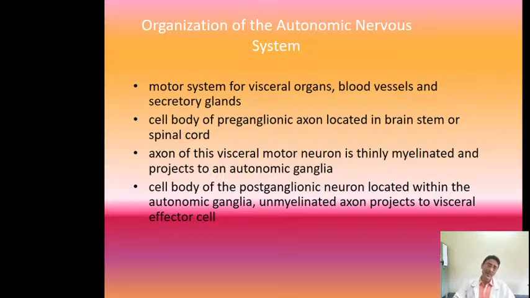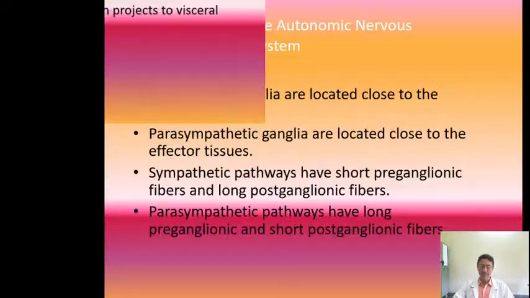Whether it is sympathetic or parasympathetic, the preganglionic fibers are located either within the cranium, within the brainstem, or they are present in the spinal cord. Fibers from these ganglions start and they move around to innervate the target organ, that is to innervate the visceral organs, or they innervate the blood vessels or the glands, and these are called the postganglionic neurons. So the postganglionic neurons take their origins from the autonomic ganglion. They are unmyelinated, they run through the body and ultimately reach the glands or the viscera in the body.